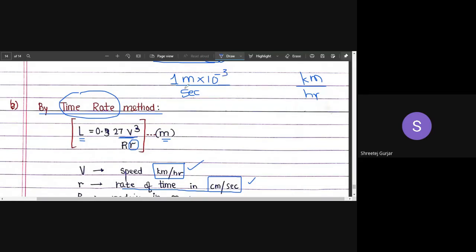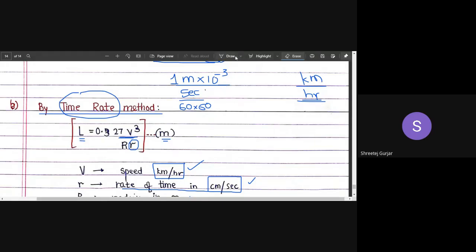Then to convert second to hour, what do you have to do now? Convert hour to second. Do you have to multiply or divide? Divide by 60, correct. We'll write divide by 60, which will give you minutes. Again divide by 60 to get it in hours. Is it correct, what I've written?